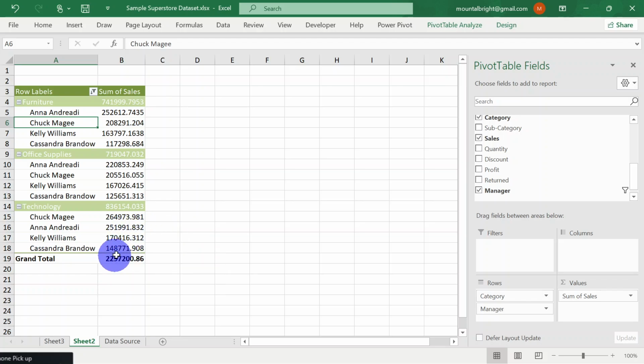And Cassandra perhaps needs to improve, or it could just be the location of that region, I mean the location of the office or whatever. But I have a sense of a breakdown of what the sales mean, what the performance of our staff looks like. Another thing I would want to show you about pivot tables is the ability to apply